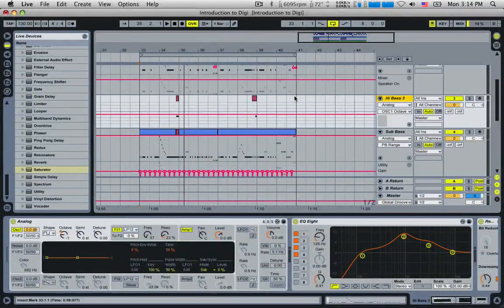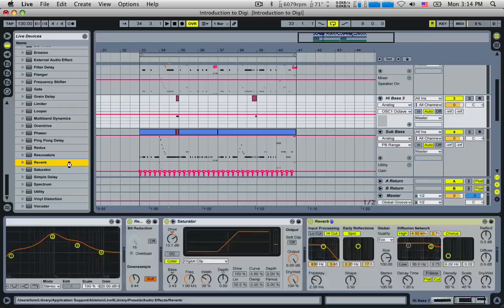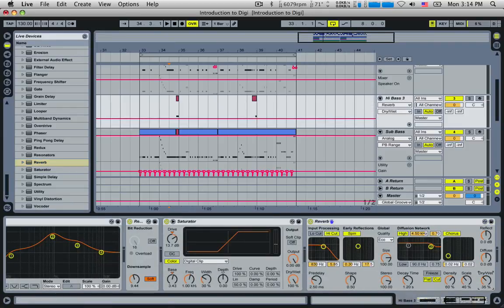Because this high bass only plays twice in this whole phrase, let's give it a really long reverb just to see how it sounds. So I've added a reverb, bring the dry wet down, bring the decay time up lots, and we'll turn off